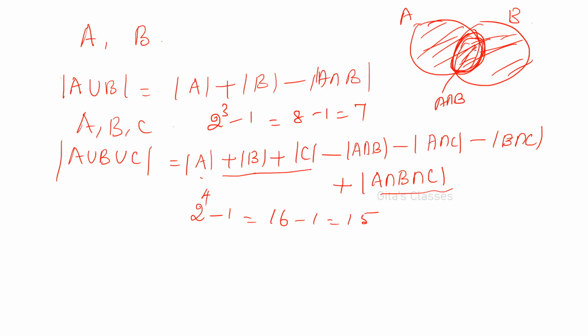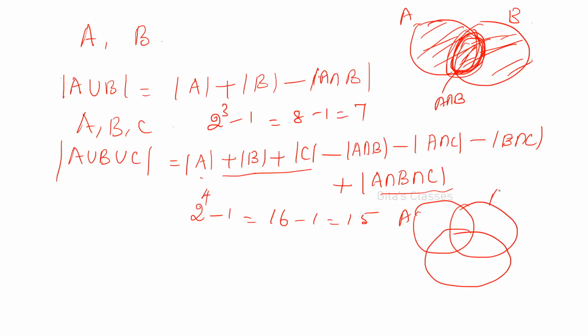So you are including the number of elements in A and the number of elements in B, but this will be added twice, that should be removed. That is the meaning of exclusion in the principle of inclusion and exclusion. First you include all, and this will be included twice, so once I have to remove that. That is why we have written A intersection B should be removed, that is why minus. Similarly for 3 also, twice-counted common parts will be removed. Then I'll show you for 3 also.